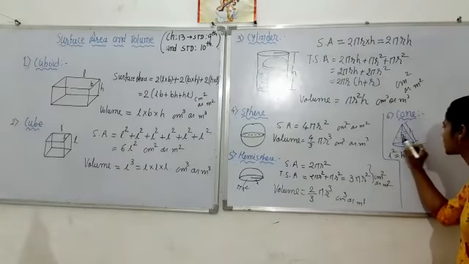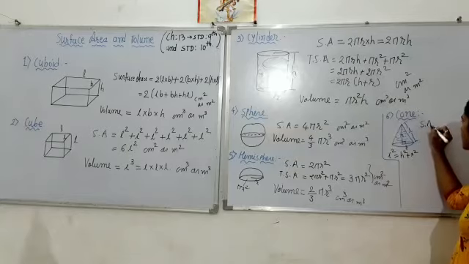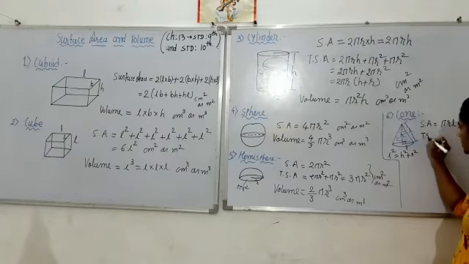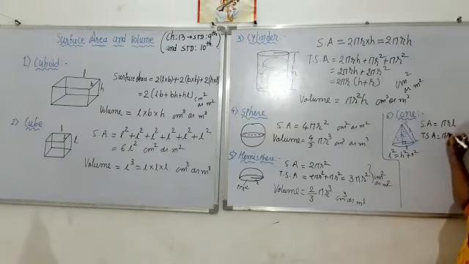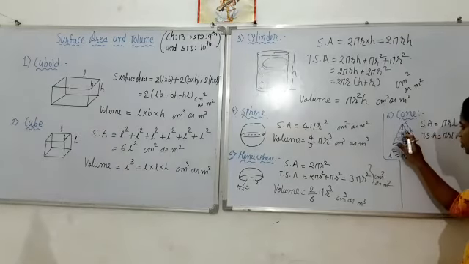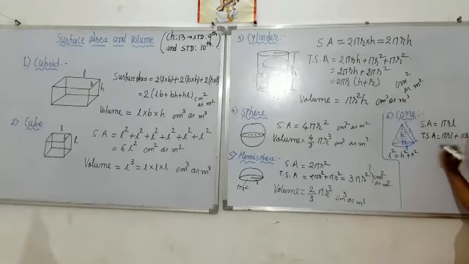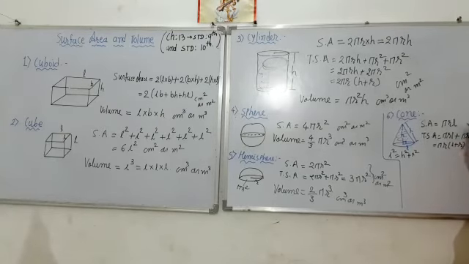Now this is its surface area. Its curved surface area is pi r l, and its total surface area is this pi r l, that means this portion, plus the bottom part, which is a circle with area pi r square. So plus pi r square. Taking pi r outside, you have pi r (l plus r), in centimeter square or meter square.